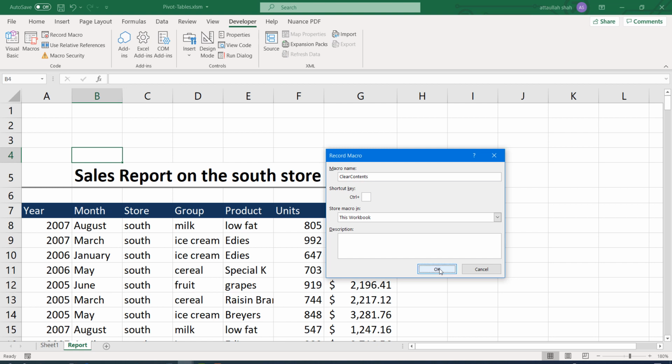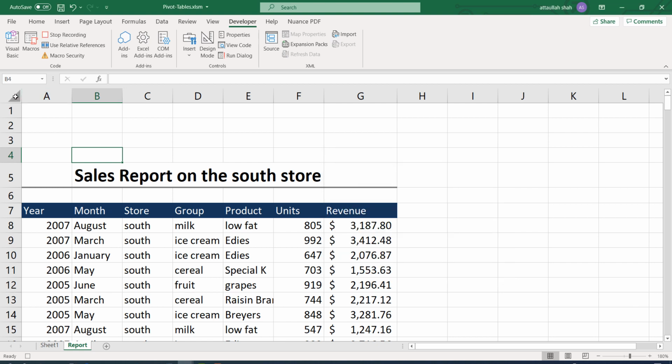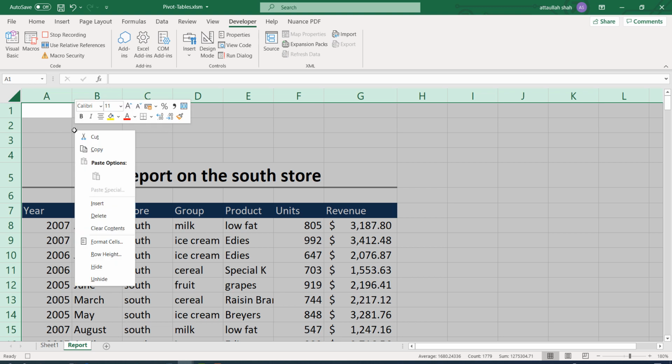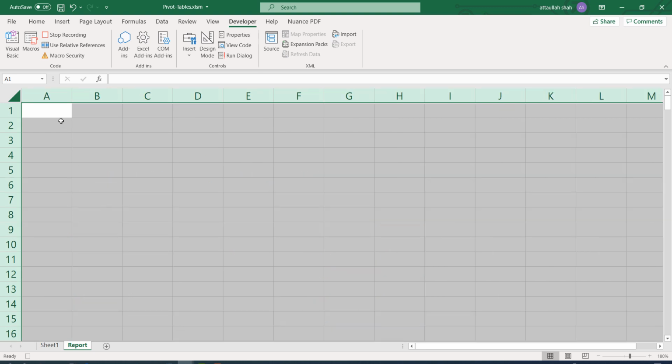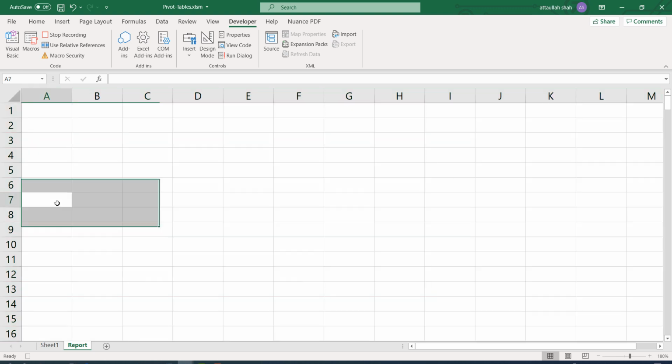And okay, I'm selecting this whole sheet, right click and delete. So it has removed the content from here, and I'm selecting range A7 and stop recording.